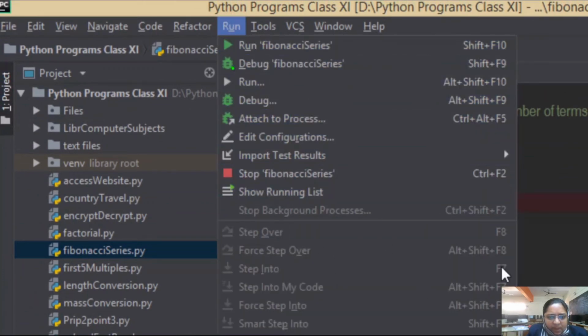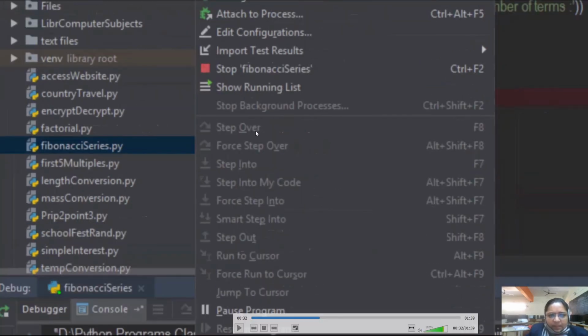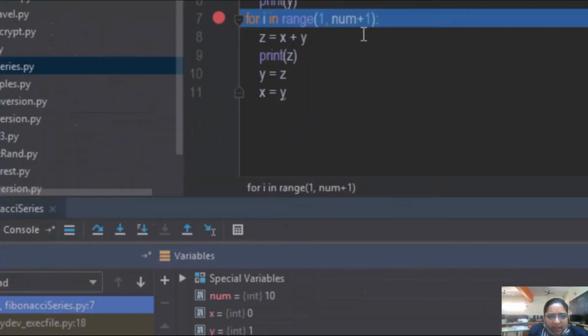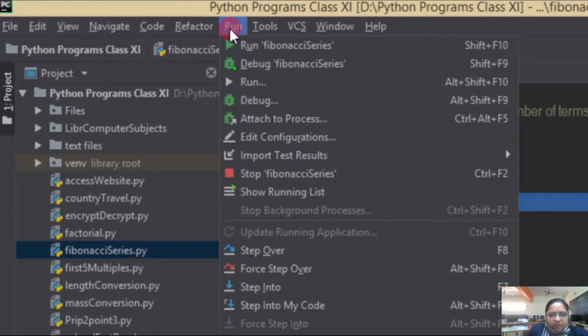You can use the step over and step into. You can see over here, step over has F8 as the shortcut key and step into has F7 as the shortcut key. Now we enter the number of terms here. It is 10, and you can see the values of the variables also.